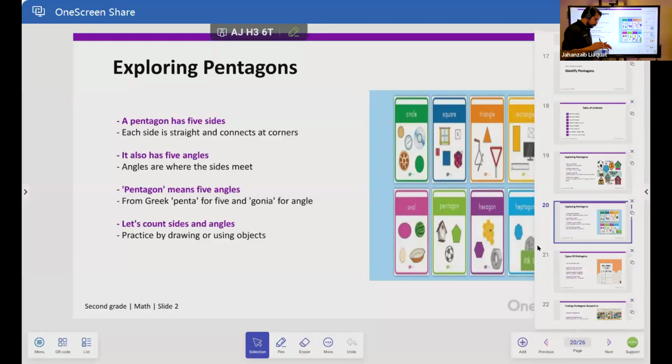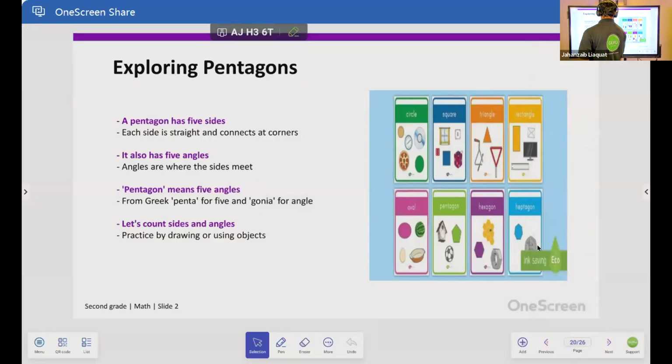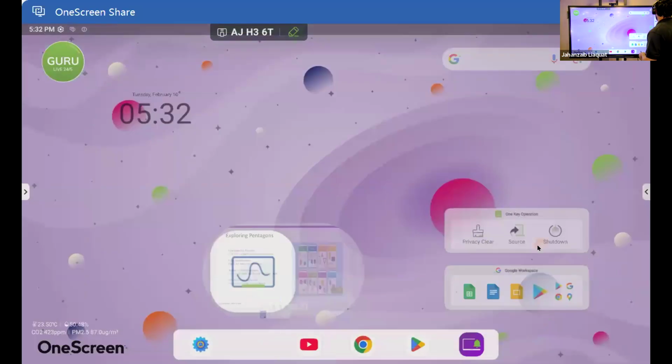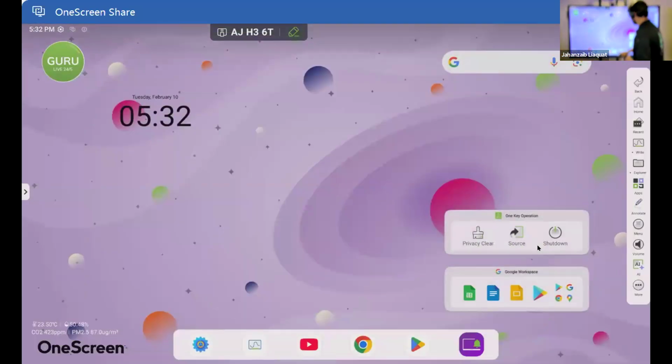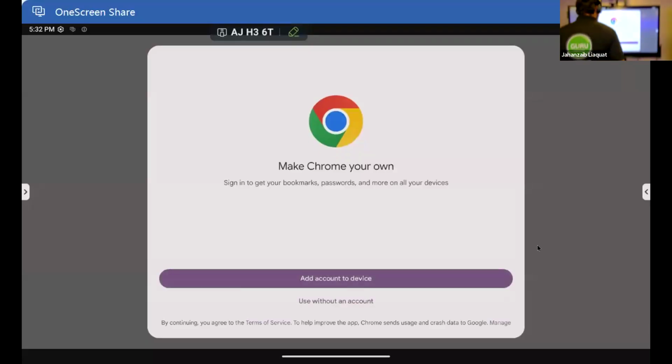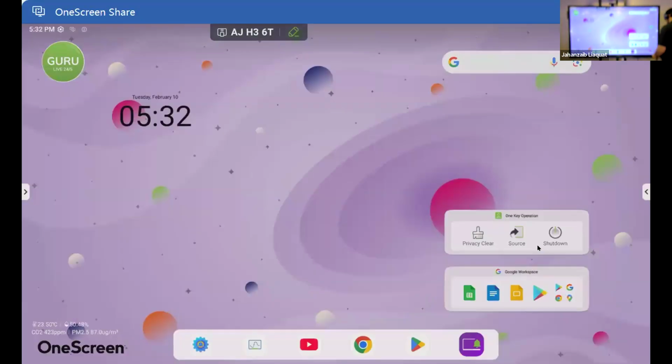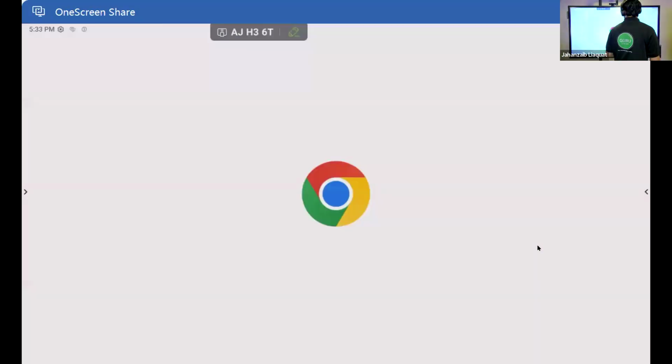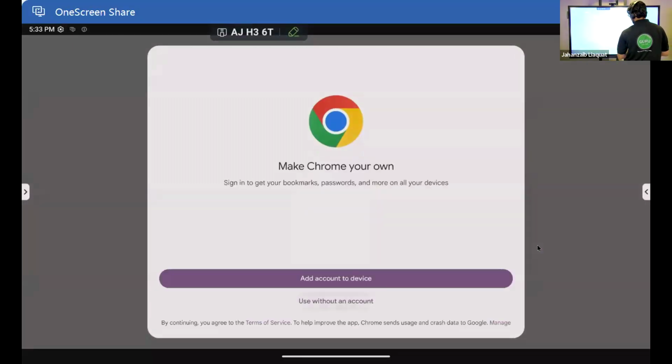Now, what will happen if the teacher wants to assess the classroom about a specific lecture? We have another interesting tool, which is one screen quiz whiz. The teacher has an option, and once the teacher has logged into the one screen account, he can choose his account. Otherwise, go to the browser and okay, without an account, and